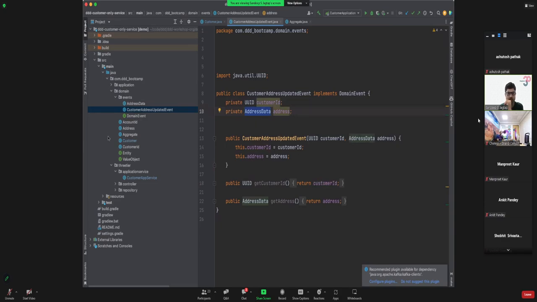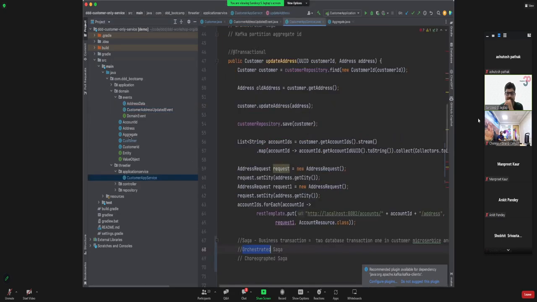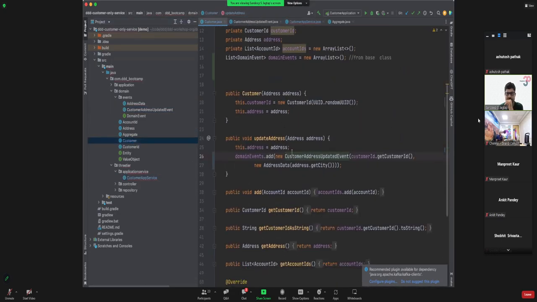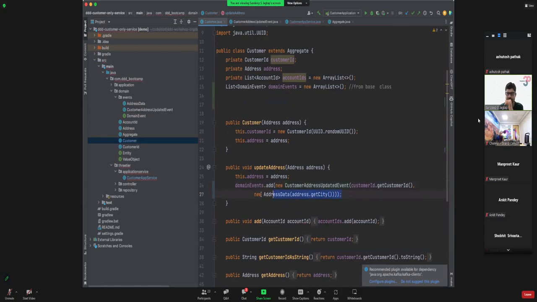That's where you don't want to use domain classes directly inside your event, because events are going to traverse outside your microservice, and if you put address here, this domain event would also get changed when you change a domain value object. So you have to decouple them, create copies of the data and keep them as primitive as possible. And that's where it ends, right? This customer aggregate is done. Basically it generated a domain event, and that's it.